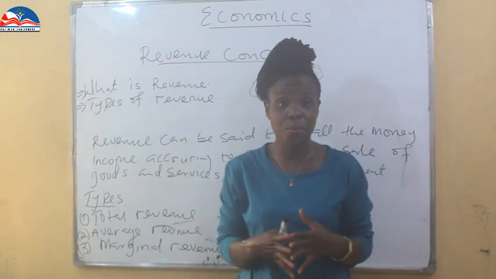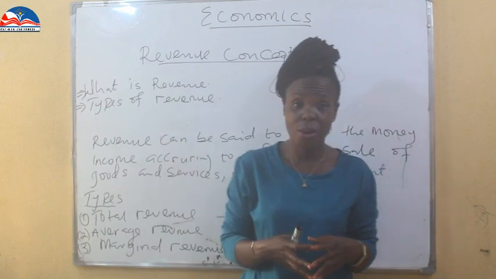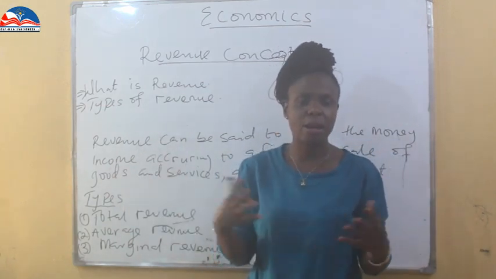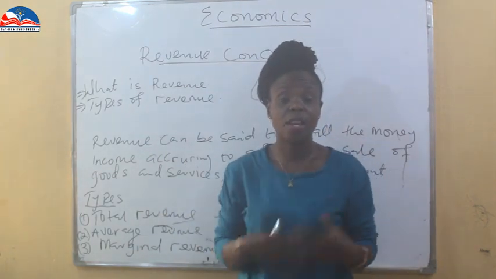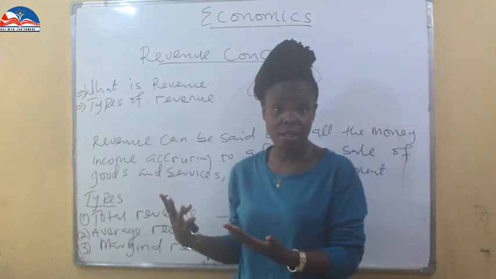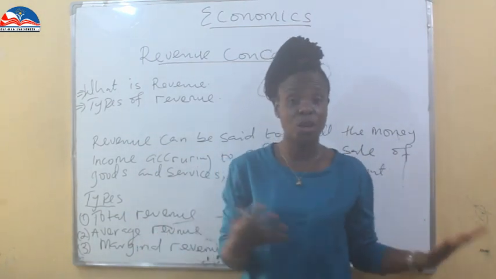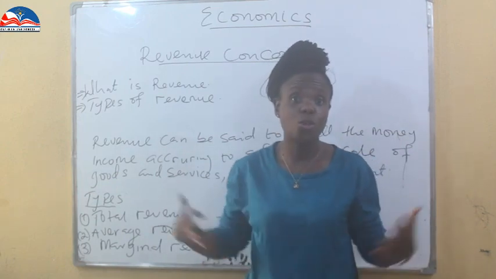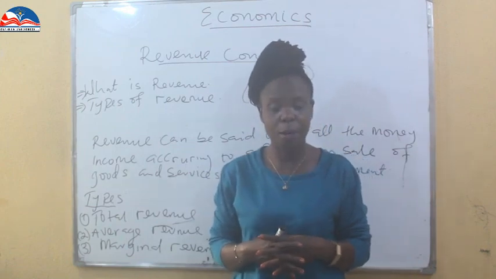A business can be in production of a particular product, and the revenue they have accrued over a period of time can be used to invest in other places. They can use it to invest in stock, in crypto, in real estate. This is because they have gathered enough revenue to help them in other sectors of their business, and to help the business owner expand his or her empire.